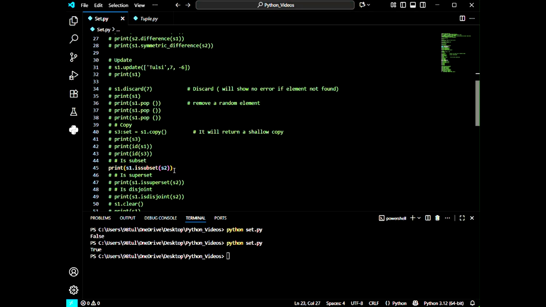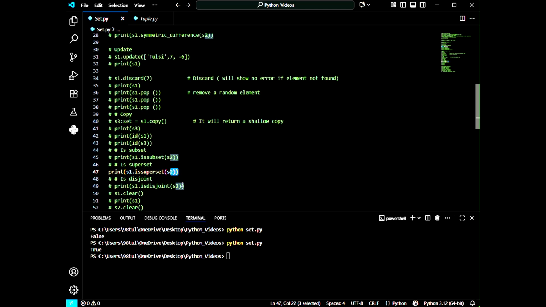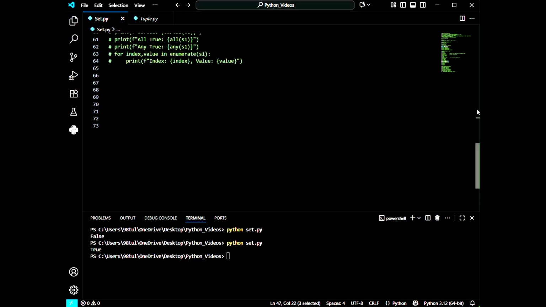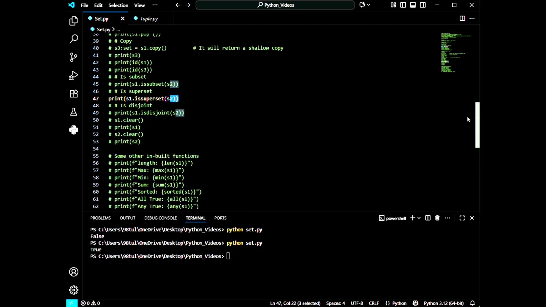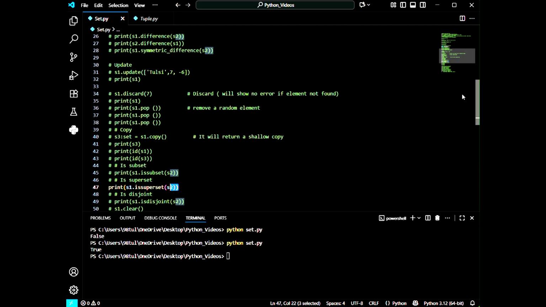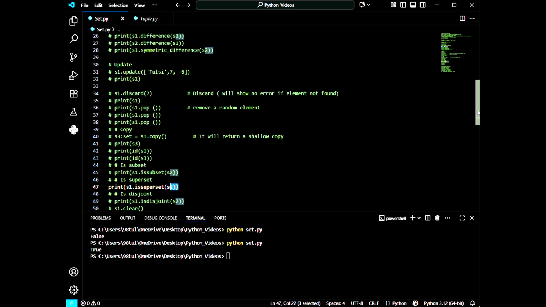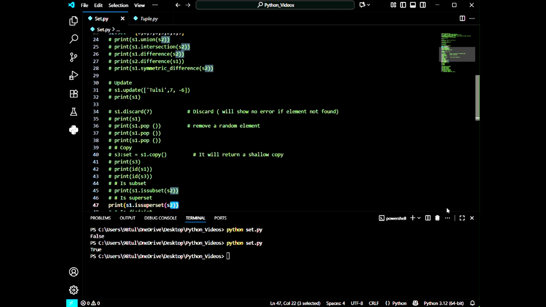Now let's move to the second part. Let me first comment this line. Now I'm going to explain superset. So what is superset? In the same way as we saw that S1 is subset of S2, in the same manner we will check whether S1 is superset of S2 or not. Superset means the elements present in, actually when I used subset, I can also say that, okay, let me clear